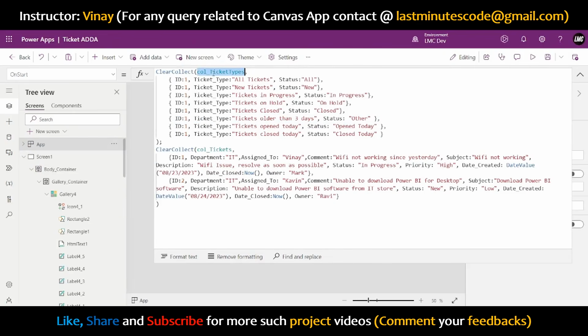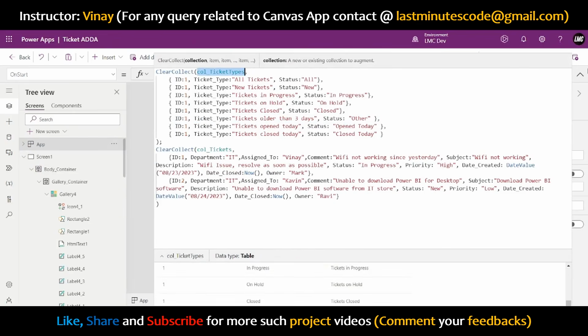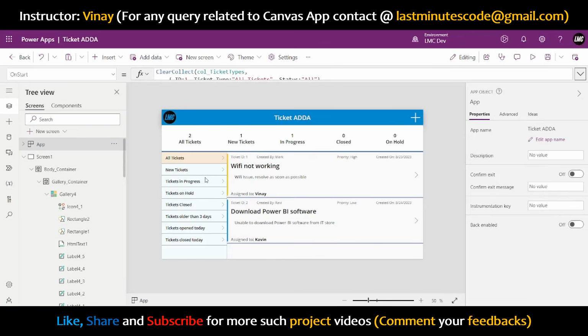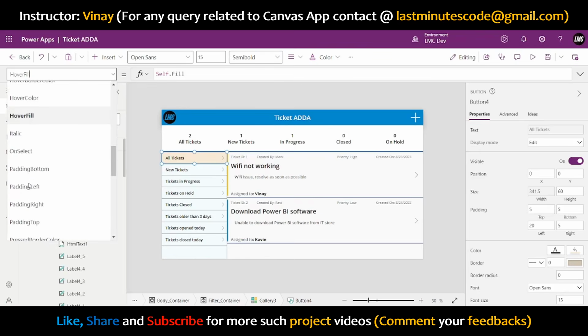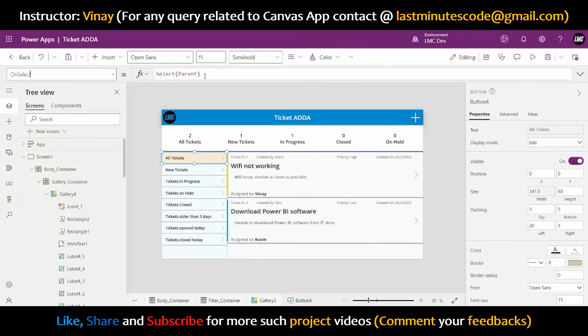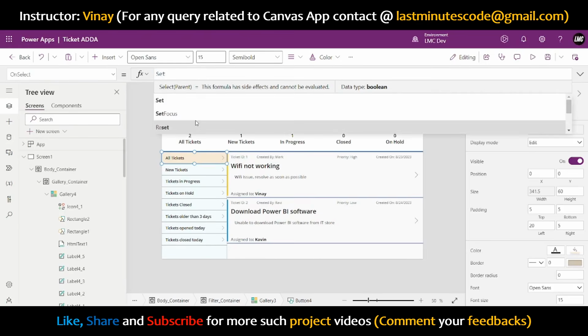So this time this will contain a status. Once I click on this, these filters should filter these, right? So on select of this, we can simply create variables. I can create variables. I can say set